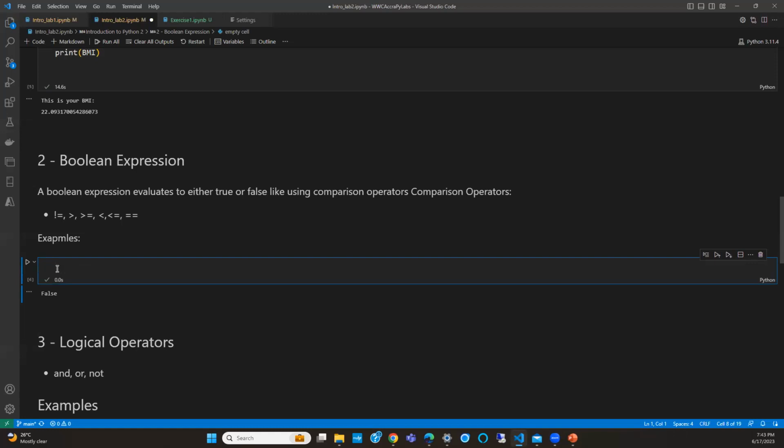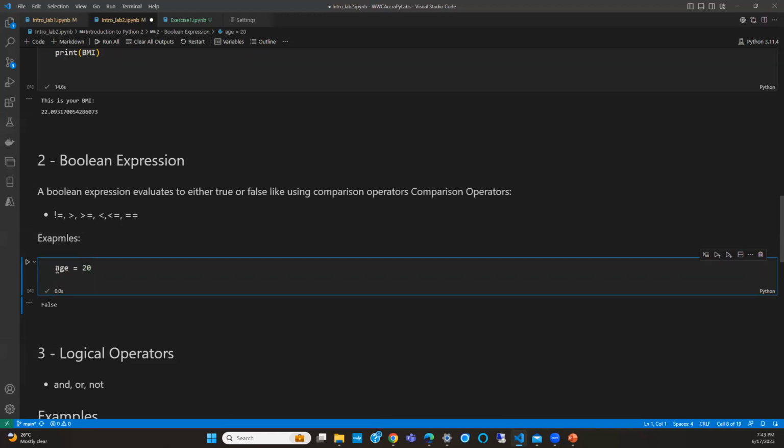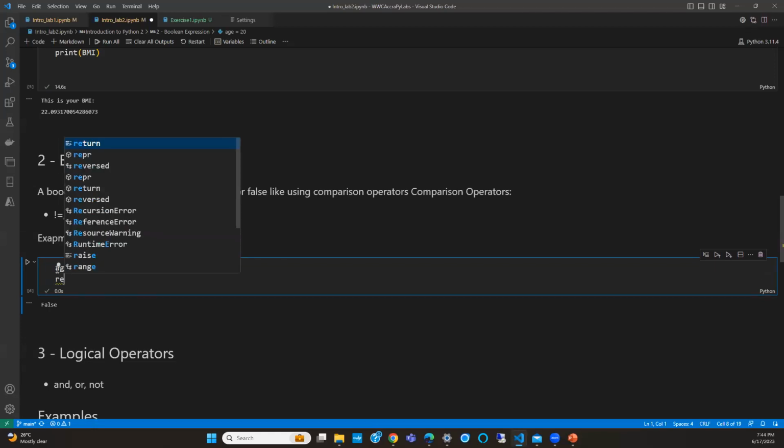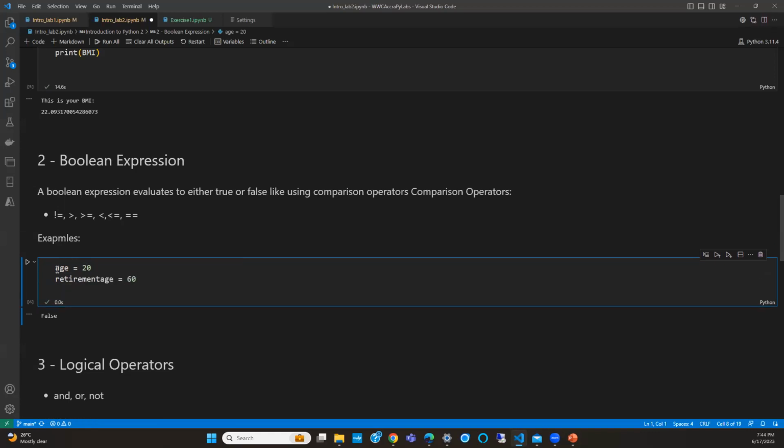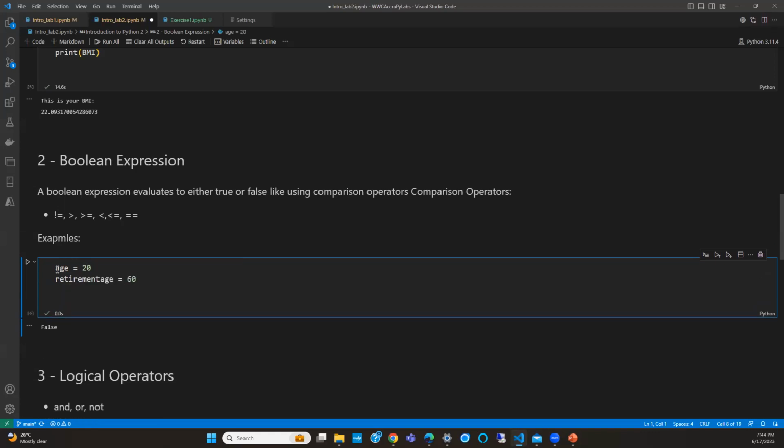Whatever can be done with values can be done with variables, because variables are just names that refer to values. So let's say age is 20, and retirement age is 60.